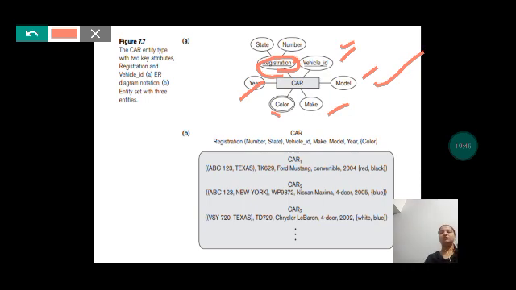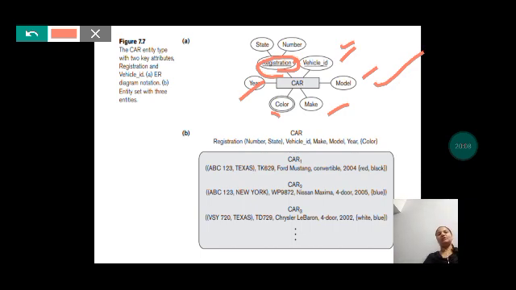Even if I know the vehicle ID, I can identify that vehicle, that's why we have an underline there. Now year is there, and then we have model, make, and color. So these are the different attributes for which we will have entries for different cars.